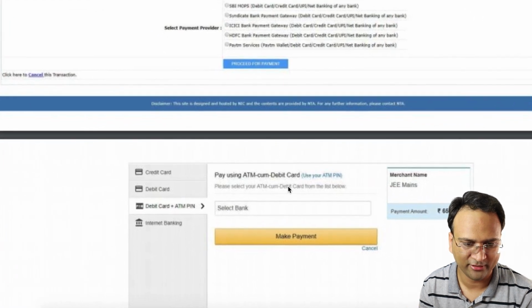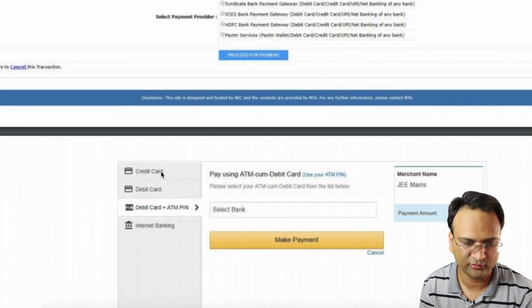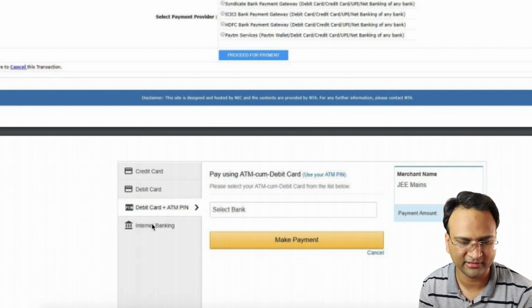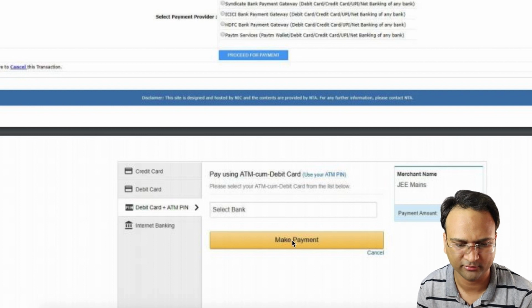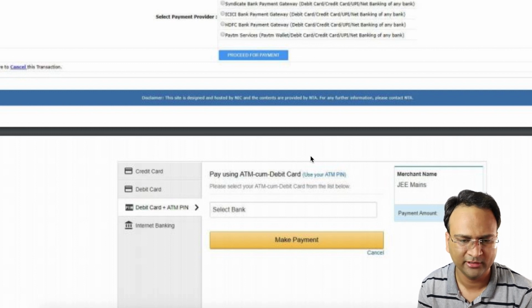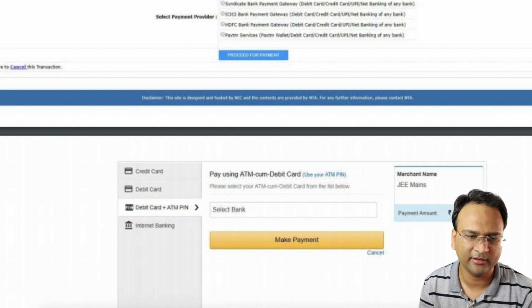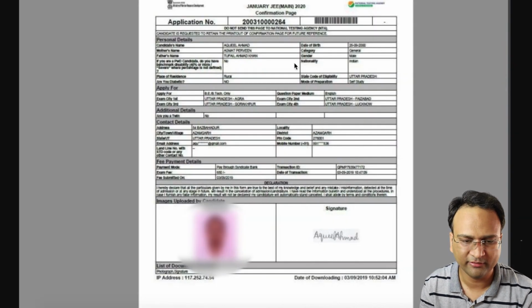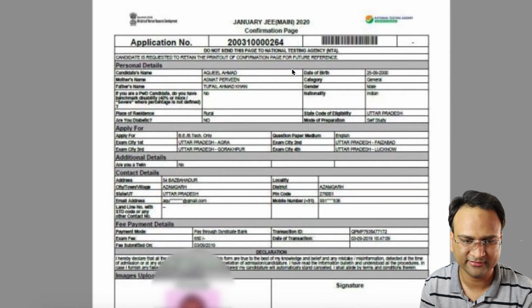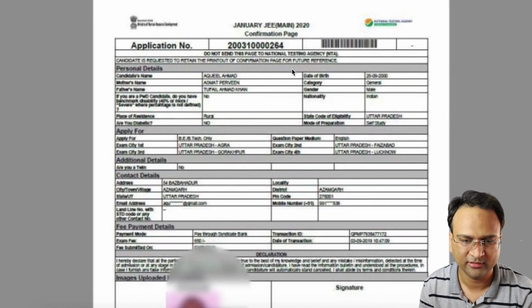So if you wish to pay it by your credit card or debit card, you can choose from here, debit card or credit card, or if you wish to pay it through internet banking, you can select the internet banking, and this also is facilitated by Paytm also. You can make a fee payment through Paytm also, okay. Then click on make payment. You will get the screens which are relevant and self-explanatory, quite easy. Just follow that. The moment your fee payment is successful, immediately you will get a page something like this, which is the confirmation page, okay.